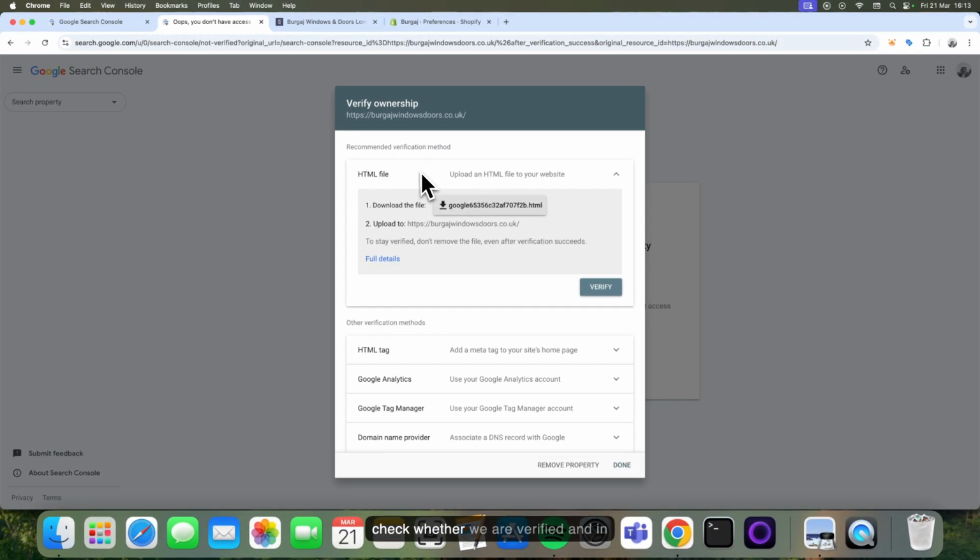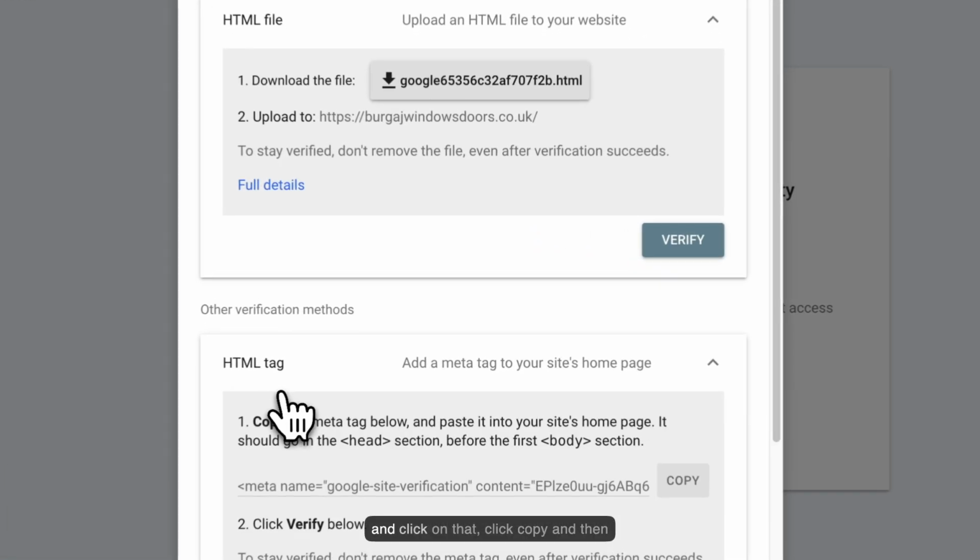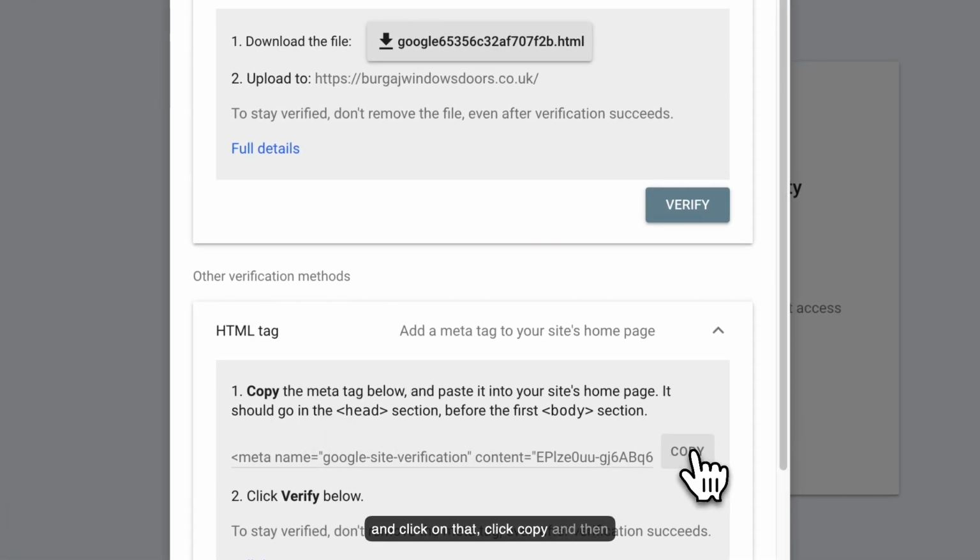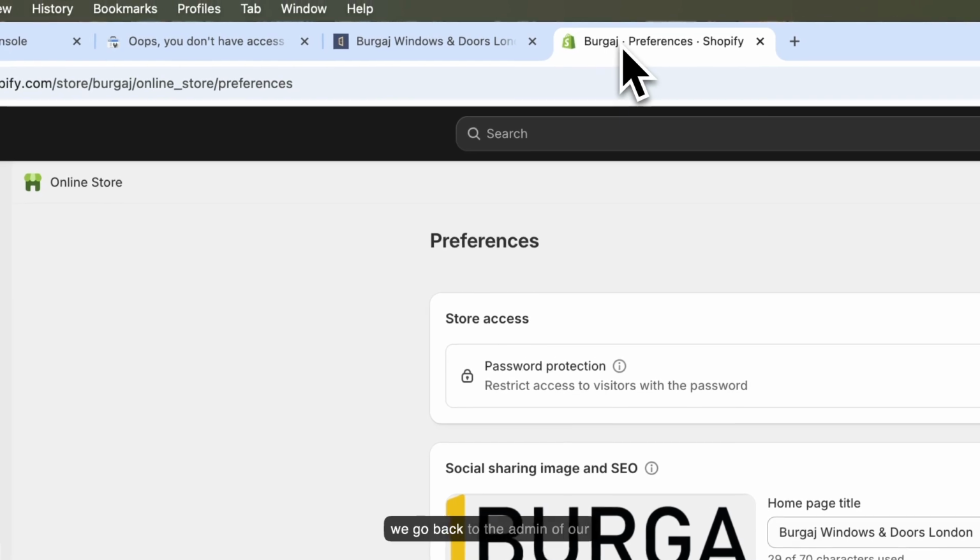Now it's going to check whether we are verified, and in this case, we are not verified. So what we need to do is install the HTML code to prove that we own this website. There are a number of different ways you could do that, but for this tutorial, we will go with the HTML tag option. So let's go ahead and click on that and click copy,